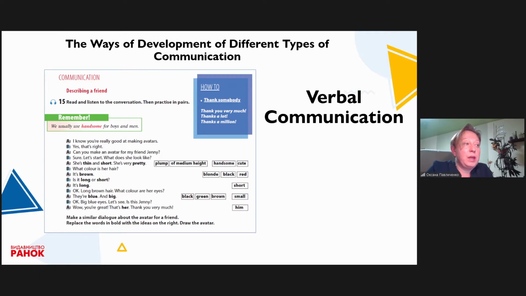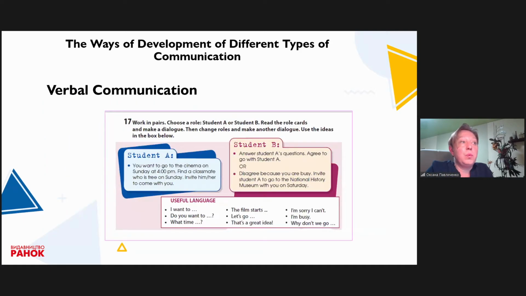And in this way, your pupils can produce their own dialogues. So it's a kind of a hint for them to start producing their own dialogues. Well, another way is